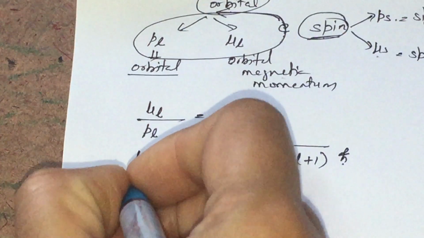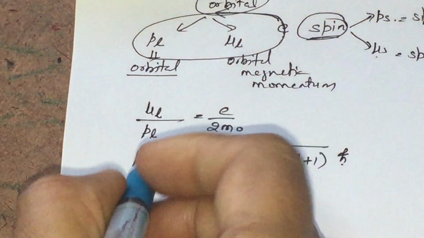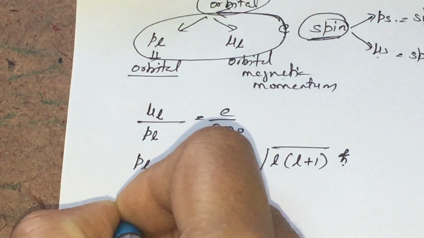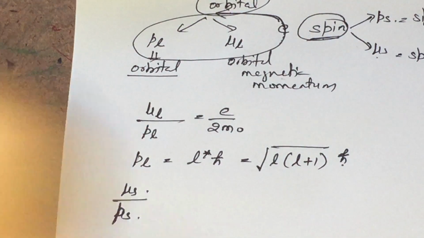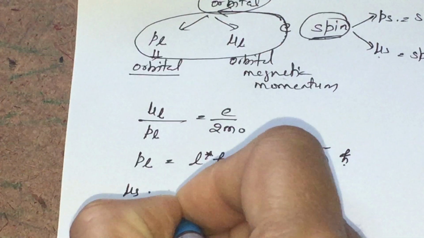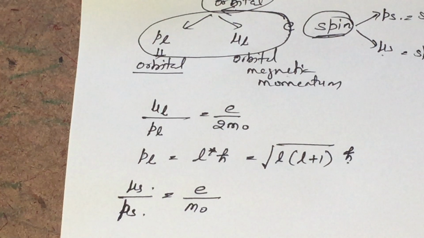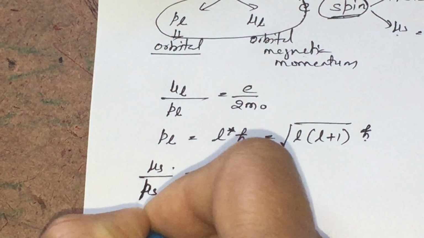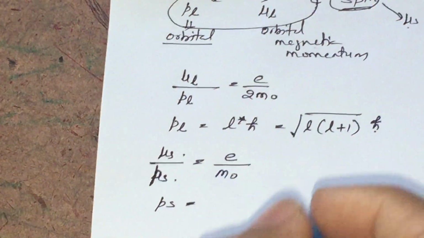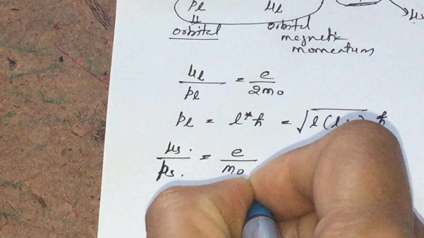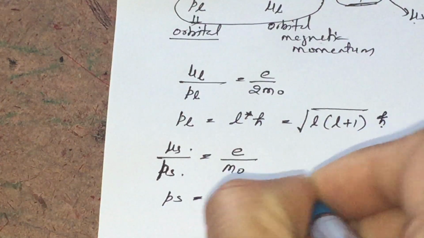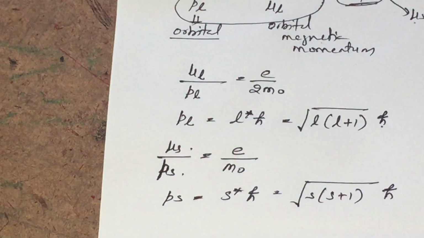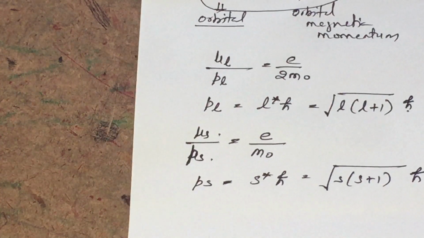Similarly, in the case of spin motion, the ratio of the spin magnetic momentum to the spin angular momentum is given by e divided by m naught, where again e is the charge on an electron and m naught is the mass of an electron. And if we substitute the value of angular momentum in terms of the spin quantum number, which in quantum mechanics is given as the square root of s into s plus 1, we will find a relation